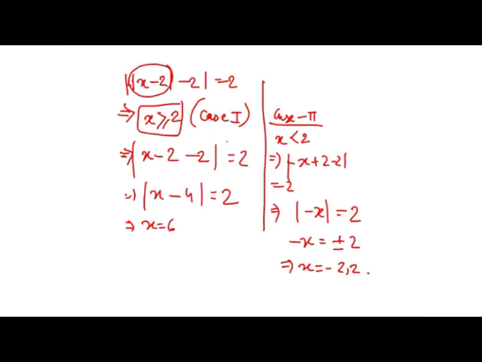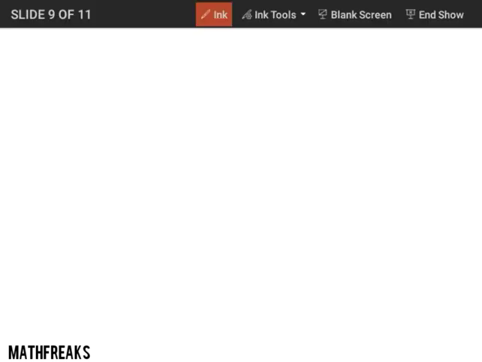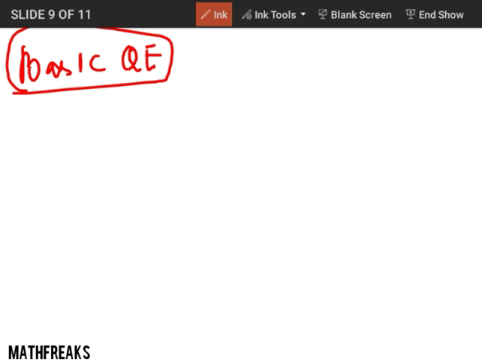Now let's move on to the next topic, the last topic, that is basic quadratic equations. Now what is a quadratic equation? All of us know that it is an equation with degree 2, an equation with highest degree, like degree 2. What is degree? The highest